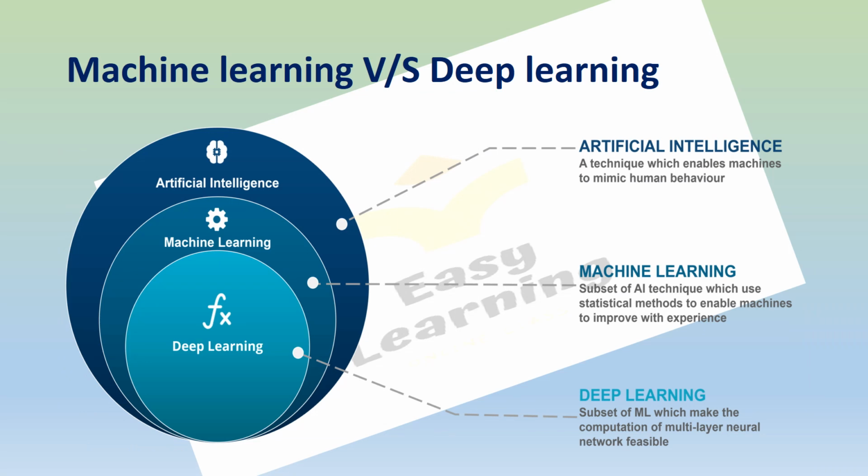Machine learning versus deep learning. So machine learning is a subset of AI techniques which uses statistical methods to enable a machine to improve with experience. तो हमारा जो मशीन लर्निंग है वो is a subfield of artificial intelligence जो कि फोकस कर रहा है एल्गोरिथम डेवलपमेंट करने का. और हमारा जो स्टैटिस्टिकल मॉडल है उन्हें enable computers to learn and make a prediction or decision without being explicitly programmed. तो हमारा यहाँ पे क्या हो रहा है कि यहाँ पे training algorithms on the basis of data sets are identifying the pattern and their relationship, and they're using those patterns to make a prediction or decision about the new data.